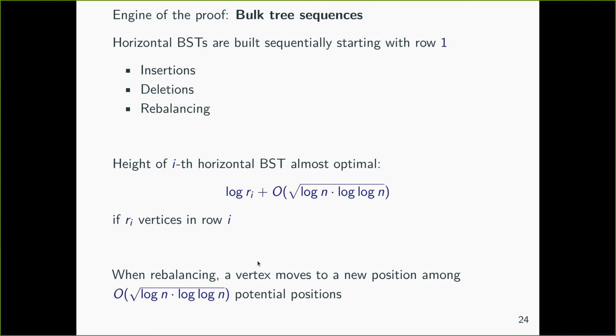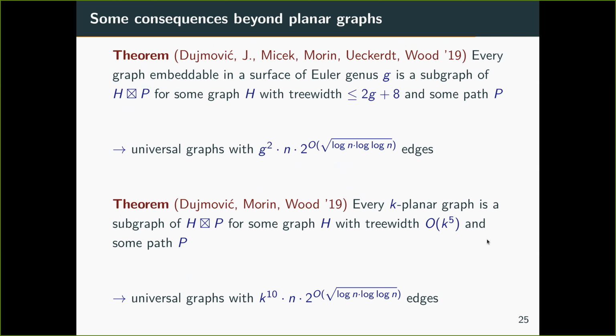So this is really vague, but with all these properties, we can simulate all that in a construction of a universal graph, and the fact that a vertex cannot move too much when we rebalance, we can actually simulate that by putting only a few edges from a vertex to a next vertex. Okay, really vague. I should stop talking about this proof, but hopefully you have a glimpse of the type of arguments that we use in this proof.